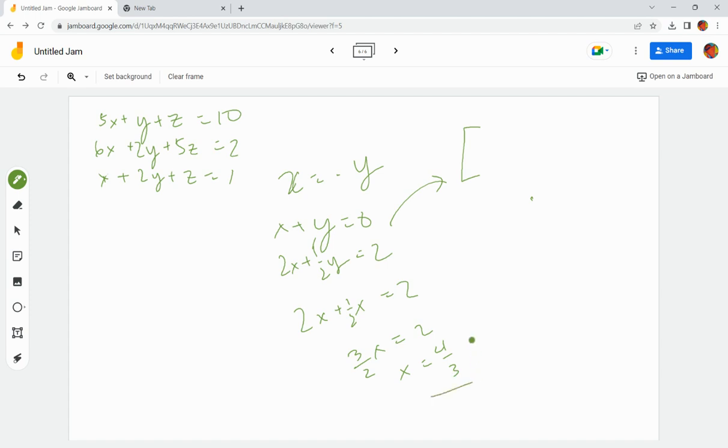Any of you who did this in middle school or high school know the complicated version of these, and you don't want to do it. The way we do it is with the matrix 1, 1, 0, 2, 0.5, 2,